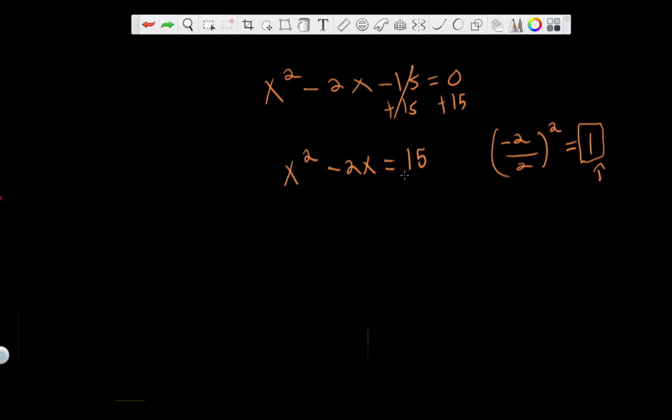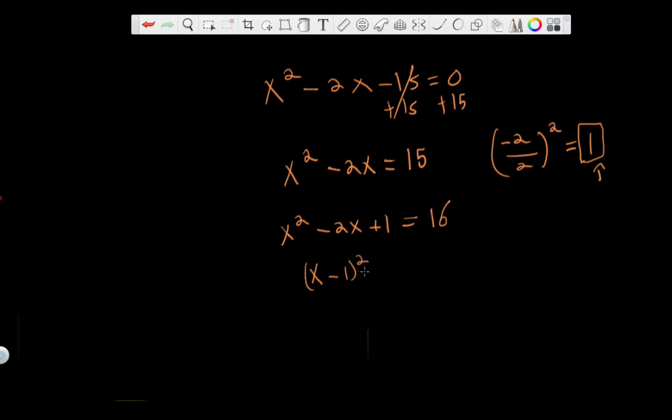So I'm going to add 1 to both sides now. x squared minus 2x plus 1. And notice if I add 1 to the left, I have to add it to the right. So this becomes 15 plus 1, which is 16. Now, something really nice happens here. We notice that x squared minus 2x plus 1 is actually a perfect square. What that means is we can just rewrite this as x minus 1